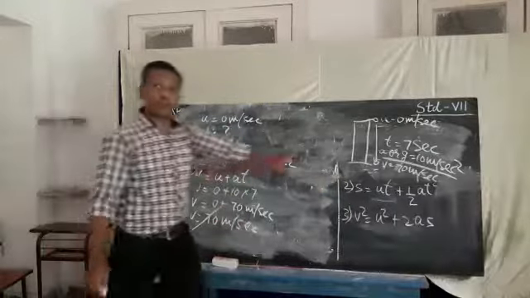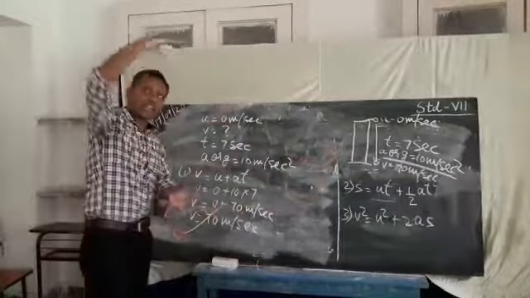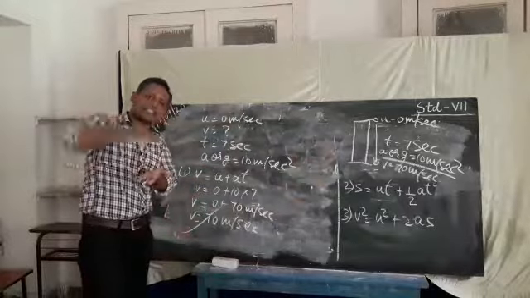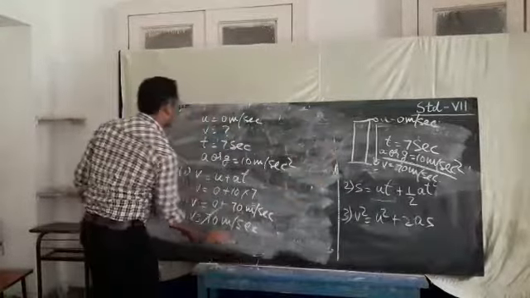Now next, you have to find the height of the building. Height is the distance traveled. When the body is coming down, how much distance it is traveling, that is called height. You use the formula